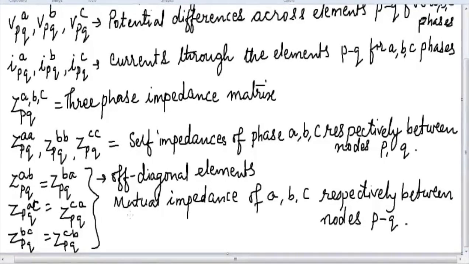And finally, Z_PQAB is equal to Z_PQBA. This we all know. Z_PQAC is equal to Z_PQCA. And Z_PQBC is equal to Z_PQCB. These are nothing but the off diagonal elements which are the mutual impedances between A, B and C respectively between the nodes P and Q. Alright,